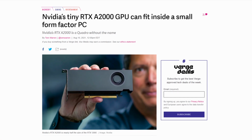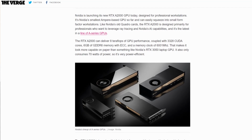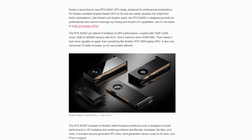Okay, so now we're getting another GPU from Nvidia, which actually isn't meant for gaming. The A2000 series are small form factor, high performance GPUs meant for professional work like 3D modeling, rendering, etc. In theory, the GPU draws about 70 watts of power, which is way lower than any of the new GPUs released, and apparently will perform better than an RTX 3050 mobile,